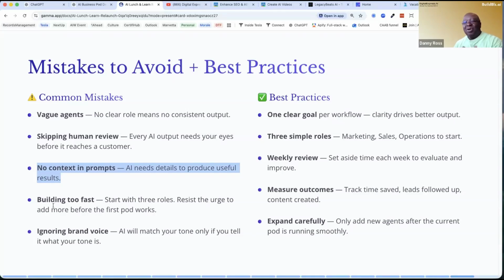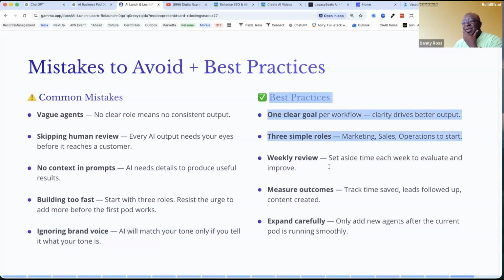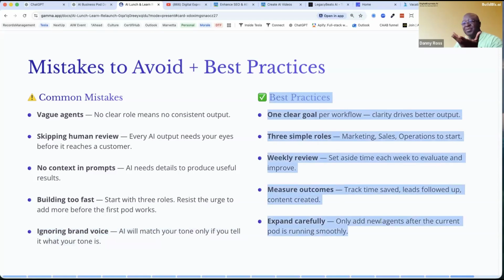No context in prompts. So we do prompt training here all the time, the CREATE method. There's many videos on our YouTube channel on using the CREATE method. So you want to learn how to prompt properly. We did a 4-week series of videos specifically about protecting your brand voice and what AI should be allowed to do and not do. You can check that out. It's also available via video. If you want those links, I can share those with you. These are all the things that are on the flip side of that.